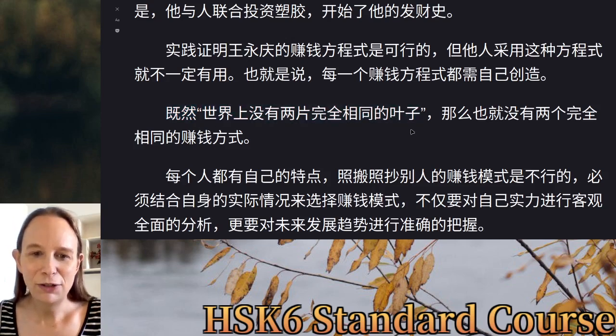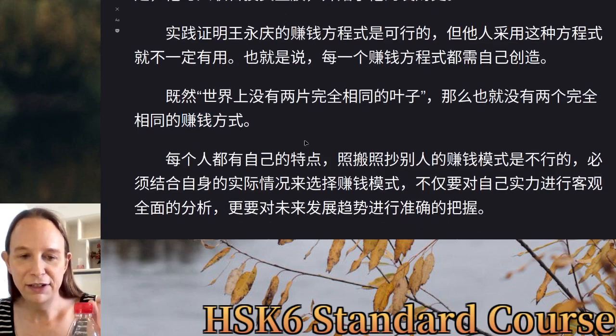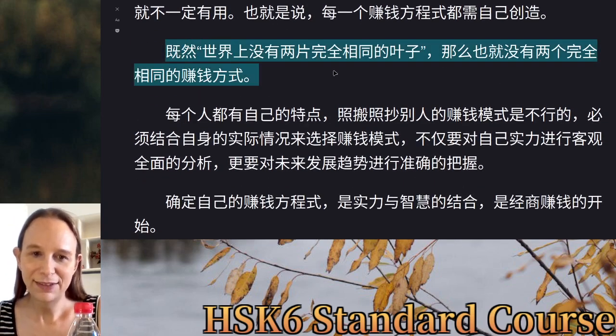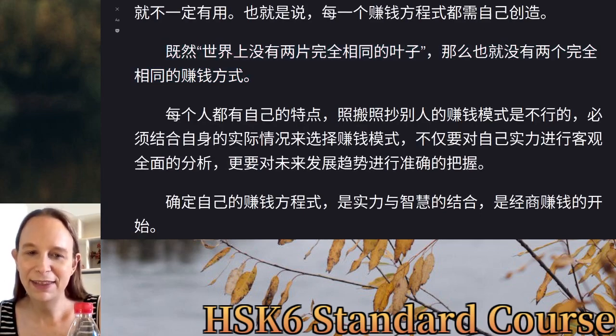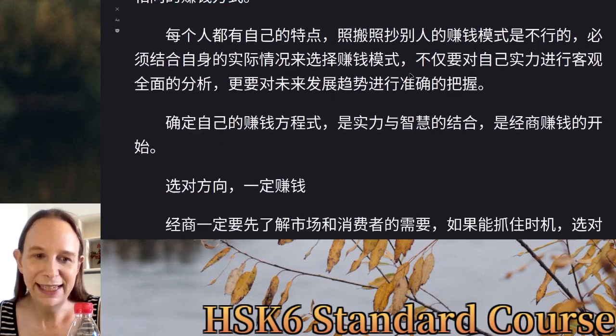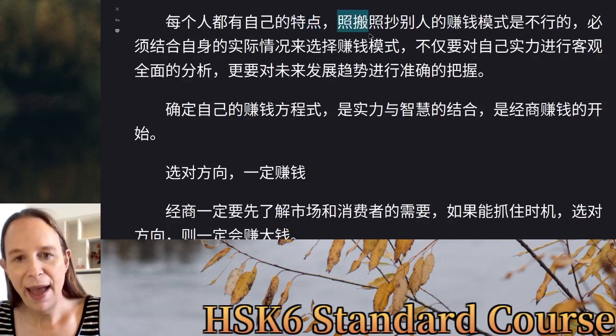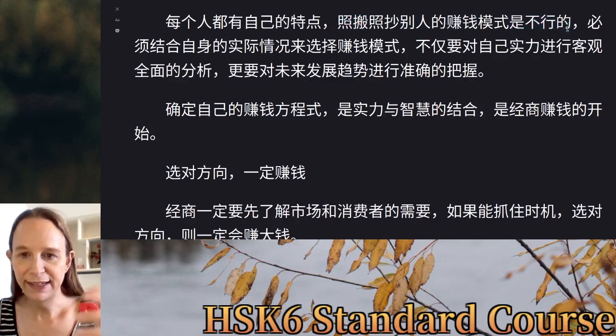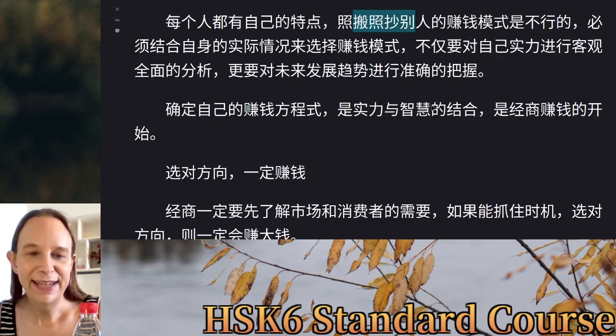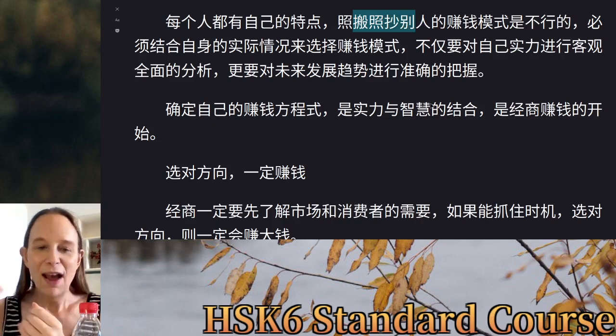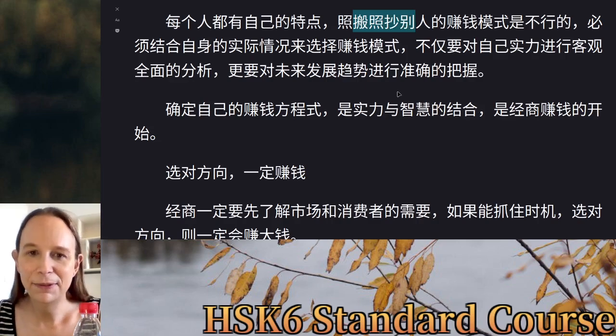Given that no two leaves in the world are identical, 那么也就没有两个完全相同的赚钱方式。